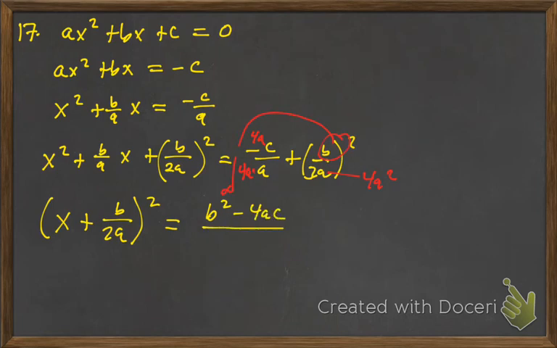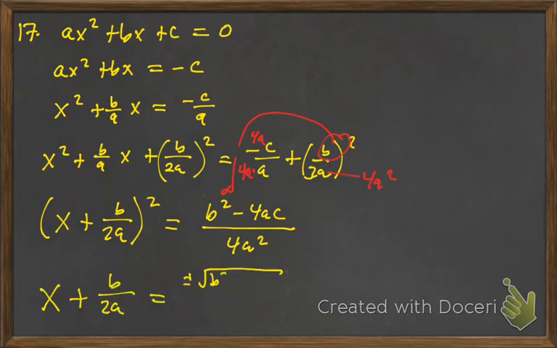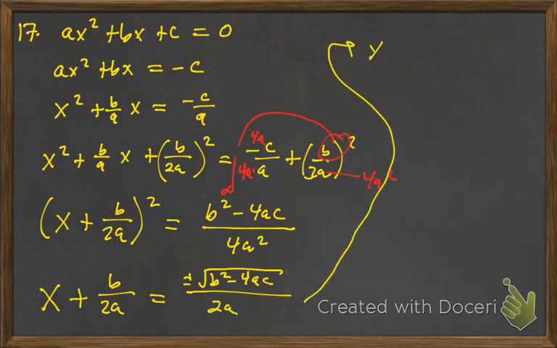And then minus 4ac all over 4a squared. We'll go ahead and take the square root of both sides, and don't forget your plus or minus. So plus or minus the square root of b squared minus 4ac, and then the square root of 4 is 2, and the square root of a squared is a. And so then we will subtract b over 2a, and then you get x is equal to